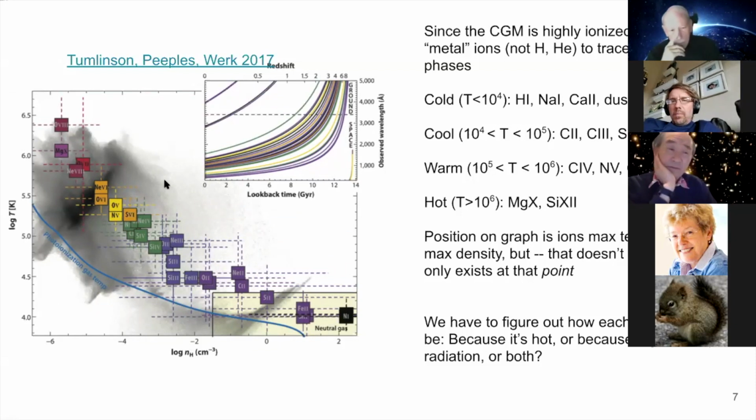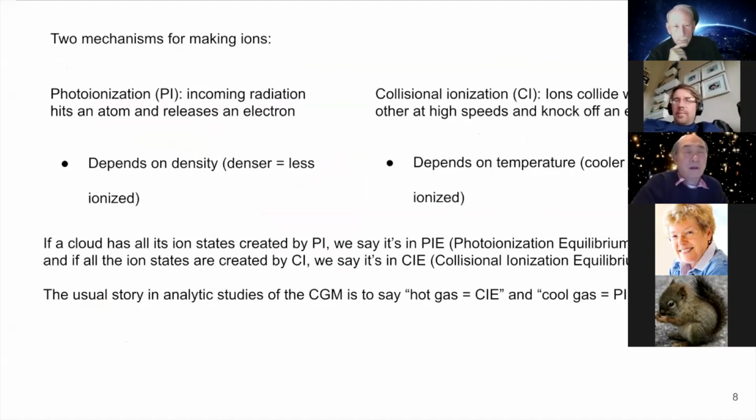If you're looking over here and you see oxygen 6, you don't want to interpret it as gas that's this low density. So we're going to be a little more careful and say, how does each ion actually come to be? Does it come to be because it's hot, or because it gets hit by radiation, or some combination of both? So basically, the two ways that you make an ion is what's called photoionization, which is where you have